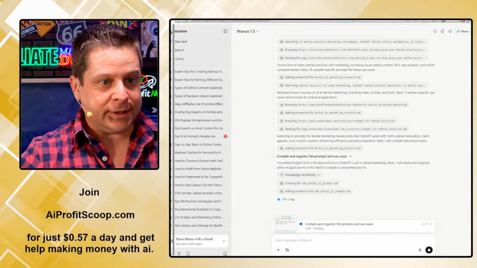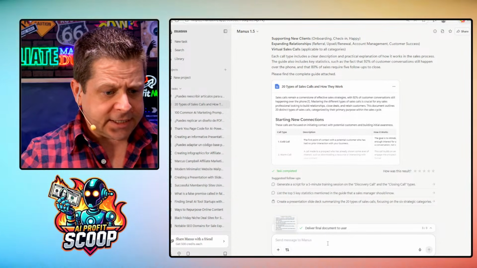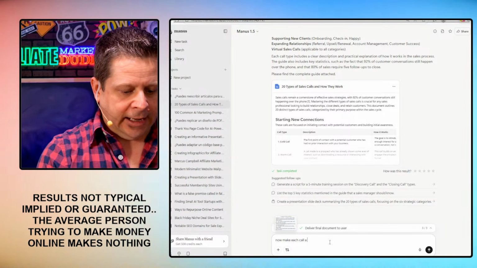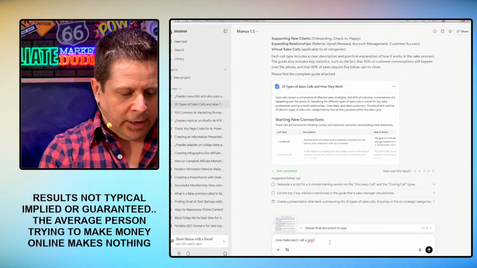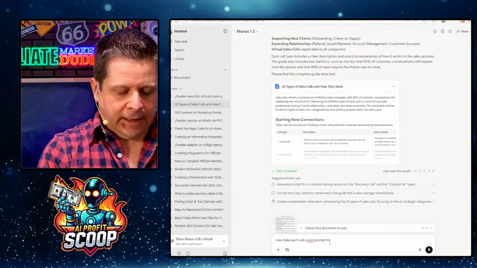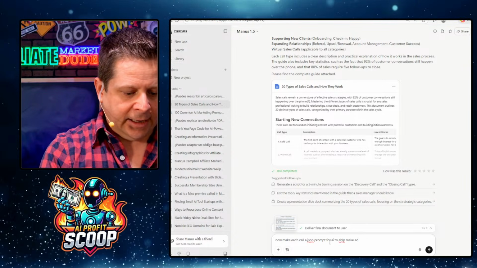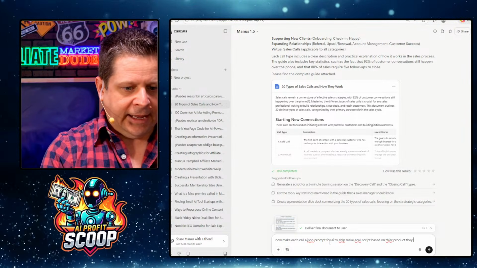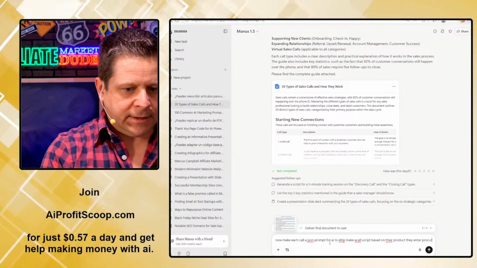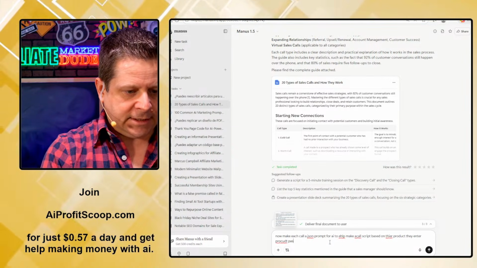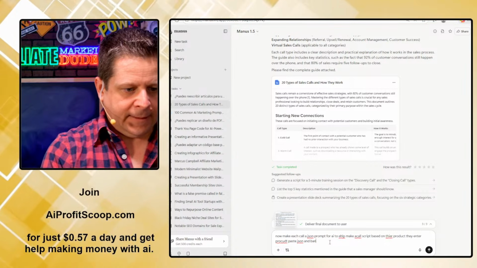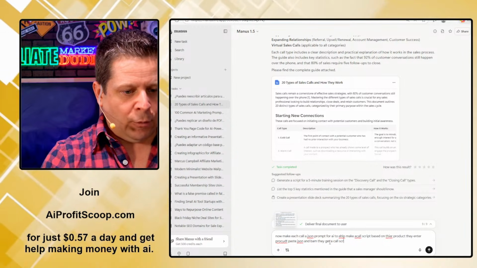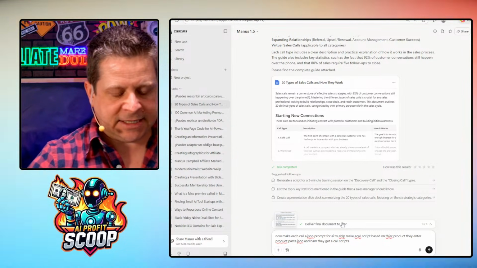And as I go through with MANUS, I can say, okay, now that I have these different types of calls, now make each call a JSON prompt for AI to help make a call script based on their product. They enter the product, paste the JSON, and bam, they get a call script. It might seem simple, it might seem basic, but